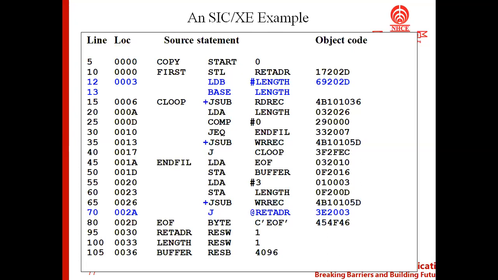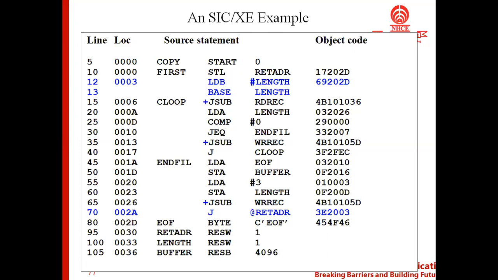Then if you consider formats 3 and 4, as there is no plus symbol, and as I already told you the plus symbol represents format 4, this instruction will not fall under format 4. So the remaining one is format 3, because it is referring to memory; if there were no memory, it might fall under 1 or 2.